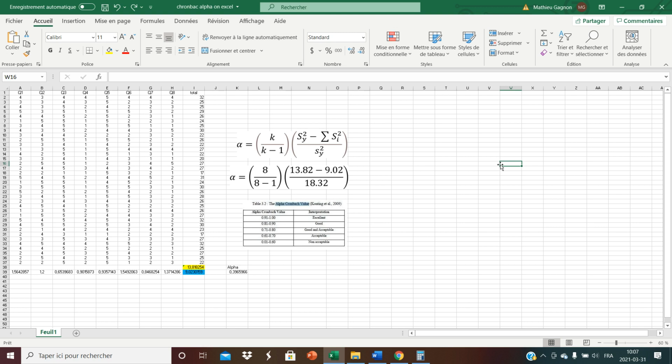So, what I saw here is that by deleting an item, or maybe more than one item, I can get the alpha to go up, but really not a lot. It's still in the sucky zone, in the non-acceptable zone. And so this maybe suggests that I don't really have here an item that causes problems and goes against all the other ones. The problem is really the data. And so maybe the problem is the sample that I took. Maybe with a different sample, I would have gotten more consistent data, but this doesn't suggest that I should delete an item.